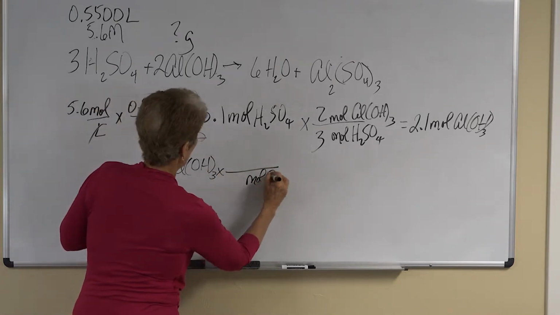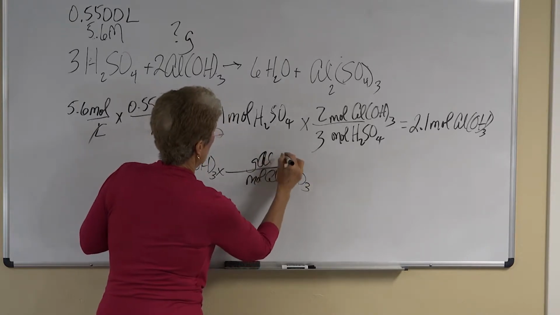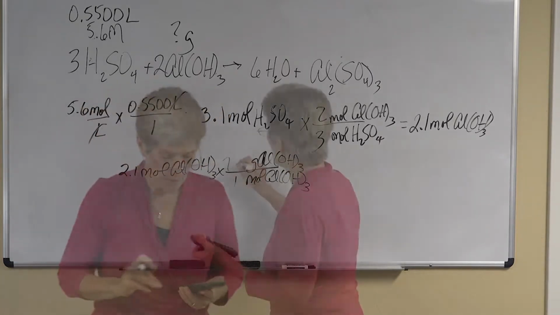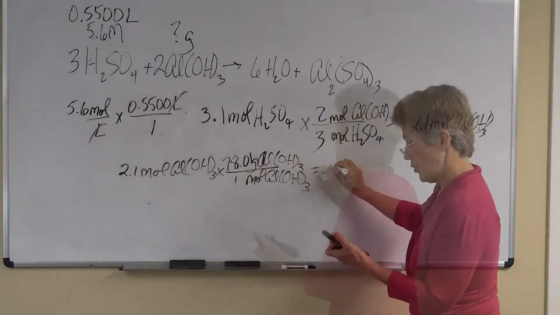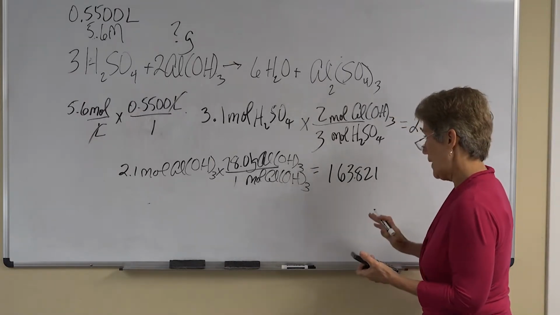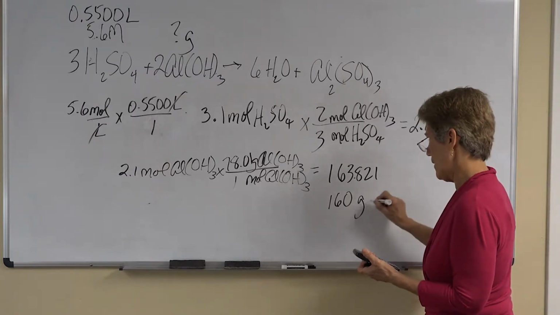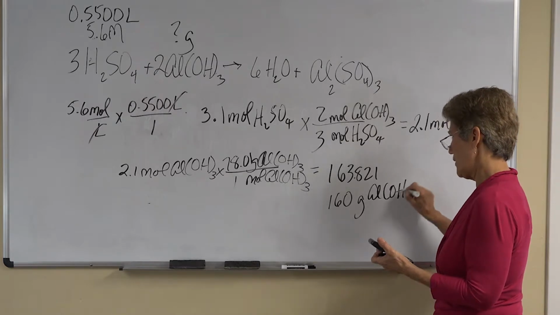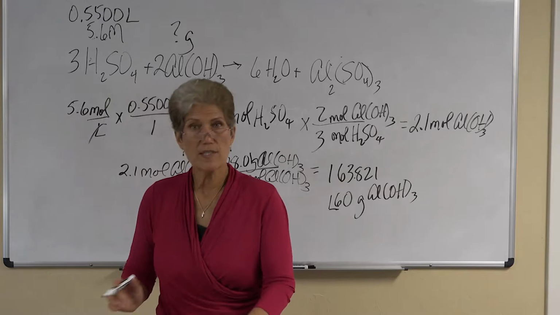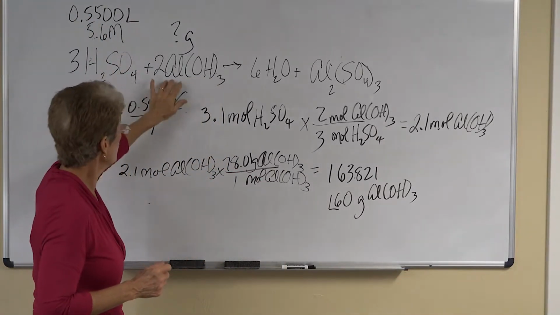And I got moles of aluminum hydroxide here, grams of aluminum hydroxide here, and 1 mole, 78.01. Two significant figures. What comes out of my calculator is this, but I can't use that. I have to keep it to two significant figures. So the answer would be 160 grams of aluminum hydroxide, because I can only have two significant figures. So 160 grams. So you started where you had no question mark, went through the mole tunnel, and then you